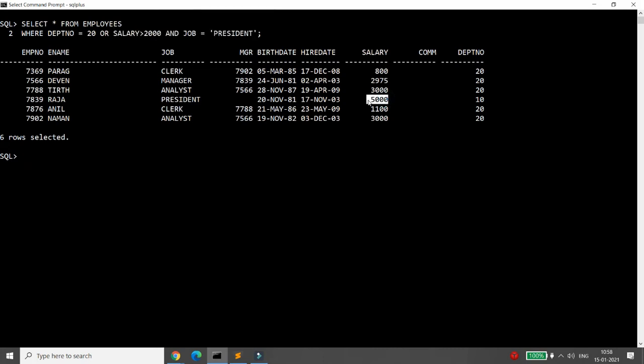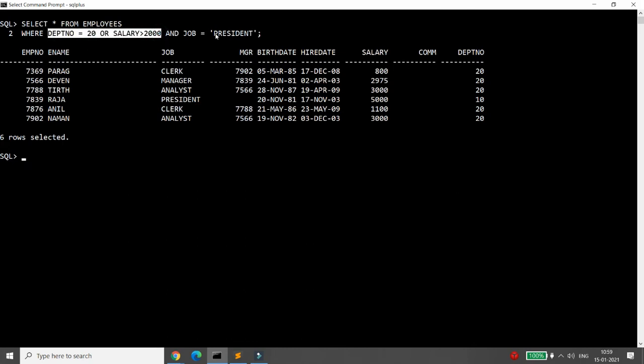So salary is greater than 2000, yes. His job is president, yes. It will retrieve all these records first and the rest it will display where department number is equal to 20. So department number 20 will be displayed first. But what happens sometimes, we want that either department number equal to 20 or salary should be greater than 2000.